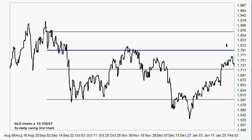But what does this look familiar to? How about right here? No resistance was found when we first got up there. It went a little bit away, then it started retracing a bit, and where does it go? It goes right below this line, but it makes a higher low from this significant point. Okay, so if we can make a higher low from really these significant points up maybe in here, and do the exact same thing, then most likely what's going to happen is it's going to come right back up to this previous level that we've seen or faced at